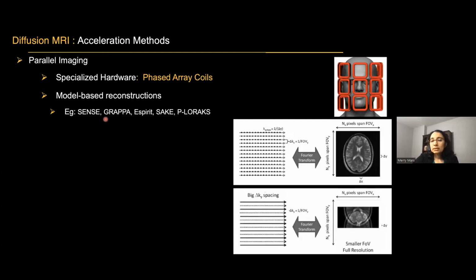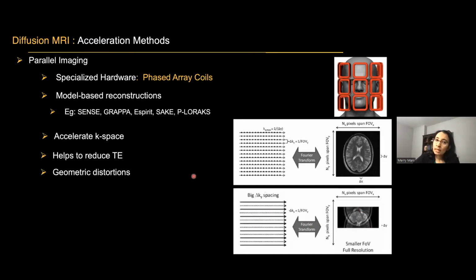So basically, these reconstructions, the model-based reconstruction, take into account the acquisition physics into the reconstruction and are able to do a more sophisticated reconstruction than a simple fast Fourier transform and come up with the unaliased images. But this technique is used mainly to accelerate the k-space sampling. The problem with this method is we know that the acceleration that it provides is very modest, around a factor